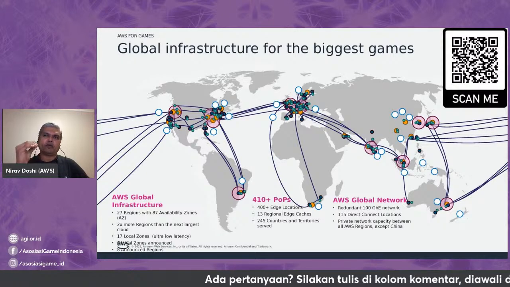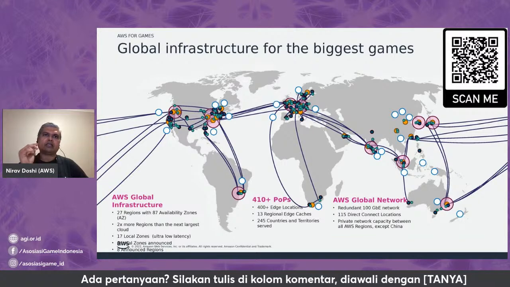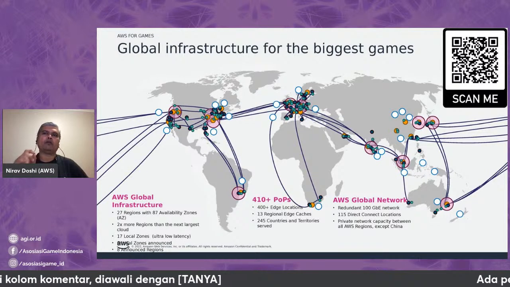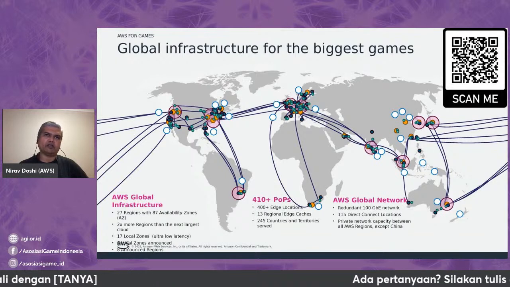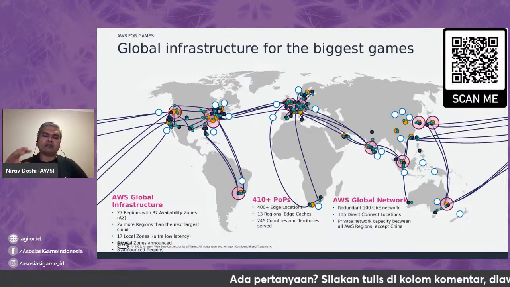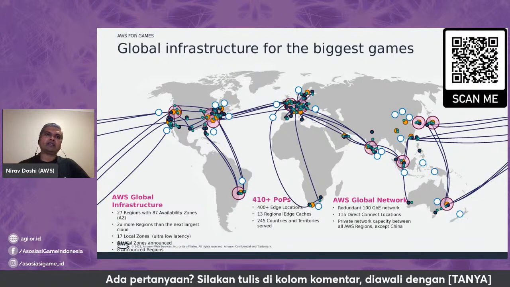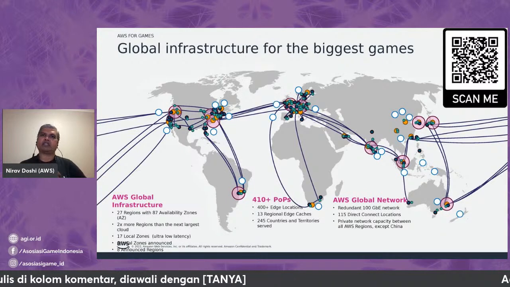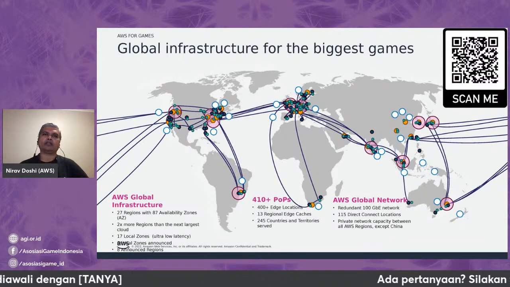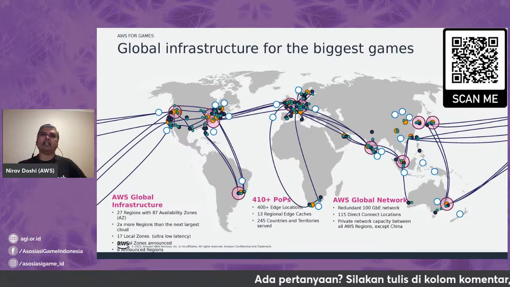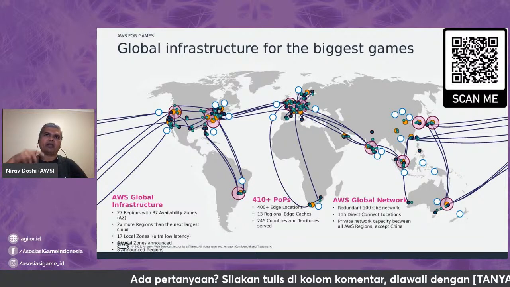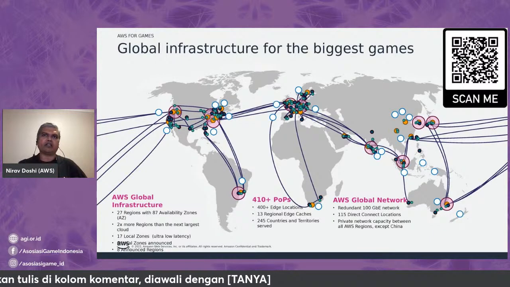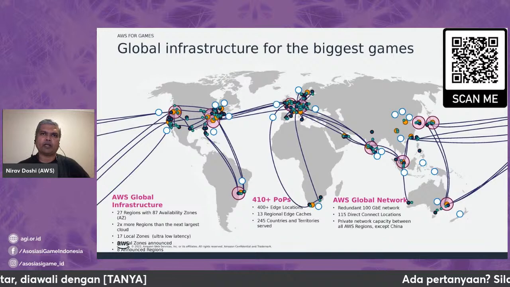You may be aware of what we call regions and availability zones. If not, we are happy to connect back and explain how they work. But a simple way to put it: a region is made up of multiple availability zones, and multiple availability zones are made up of multiple data centers. As an example, Jakarta has a region, and you have at least three availability zones there, which can be multiple data centers that are spread and isolated. So a fault in one of them will not impact any others. The way you would design your application is to have them well spread out so that if anything goes wrong with one, the others can still continue, and your game can still continue running without impacting your players.